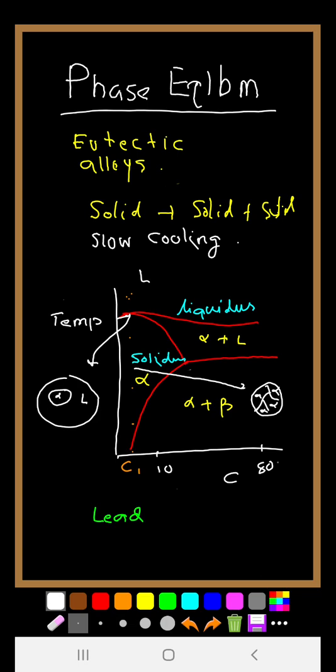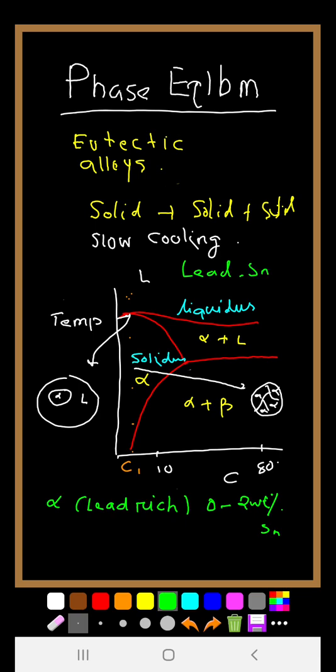Now the alpha phase, which is a lead rich alloy, contains 0 to 2 weight percent of tin. Basically we have this combination of lead and tin alloy, so this consists of a higher percentage of lead, while the beta phase, on the other hand, is the tin-rich phase and contains 99% of pure